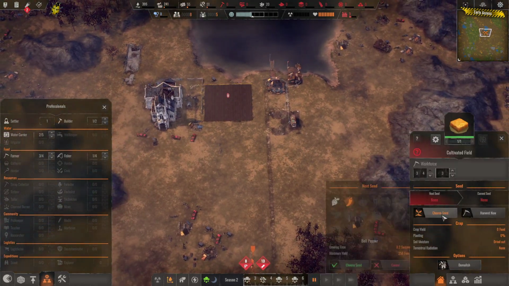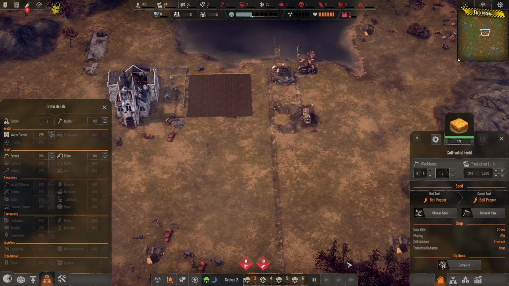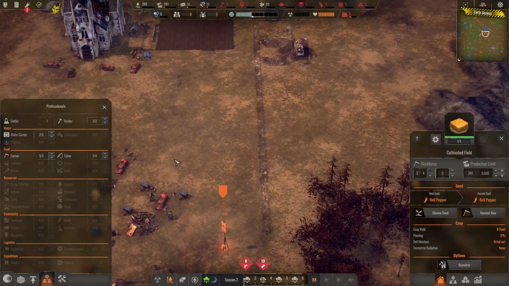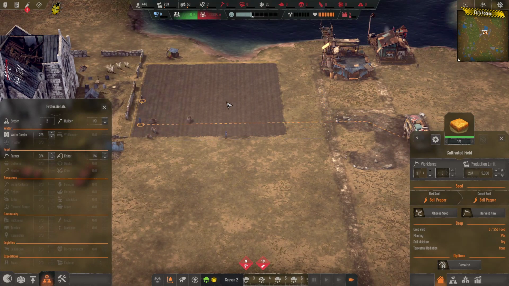Oh, crap, I didn't choose a seed. Okay, we got sweet beets and bell peppers. So let's go with bell peppers. They're quick and repeated, so it'll avoid things like... They're less likely to have a large crop, this is my thought, that we take forever to get to, and then all of a sudden...